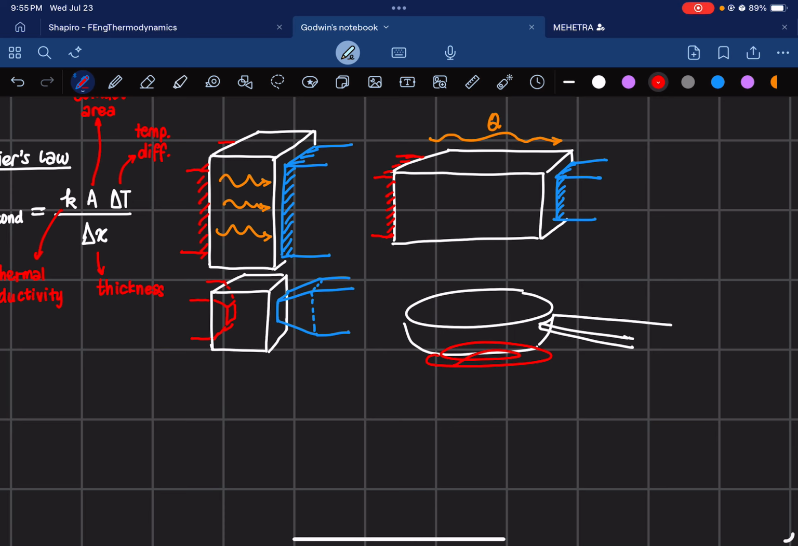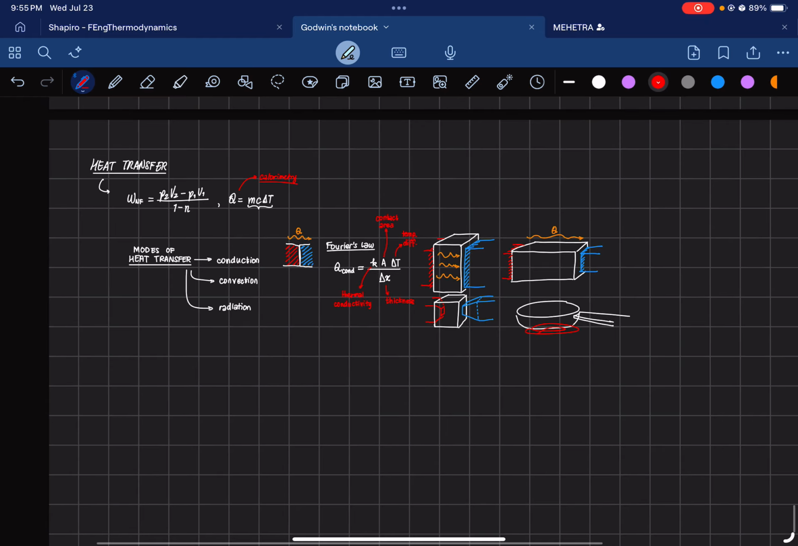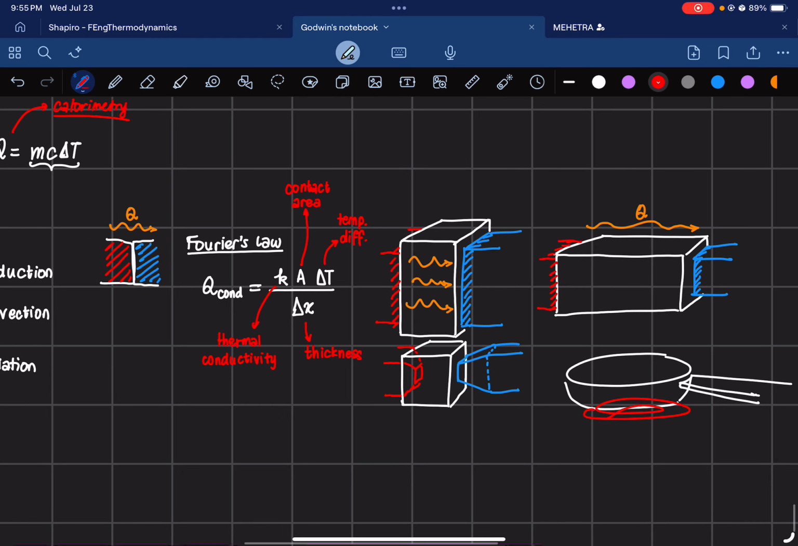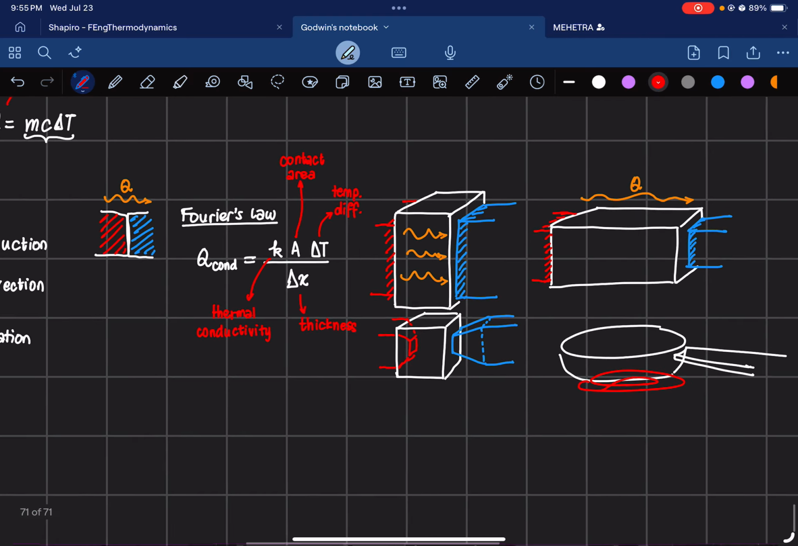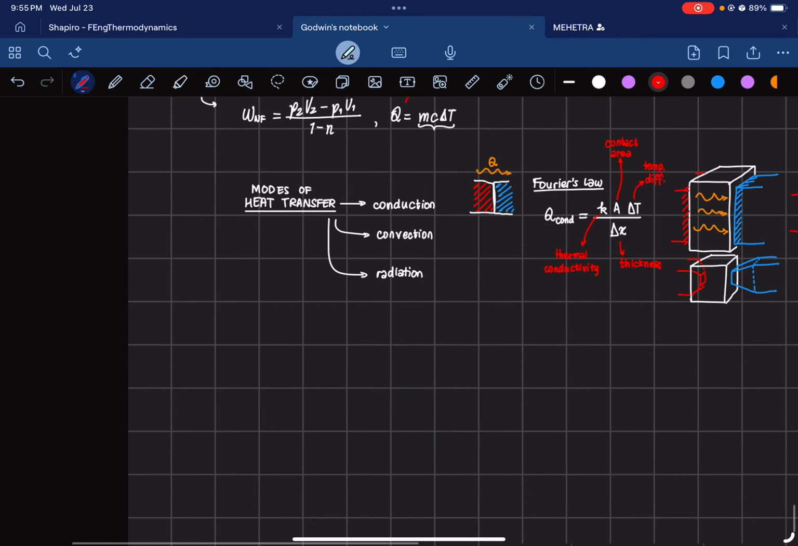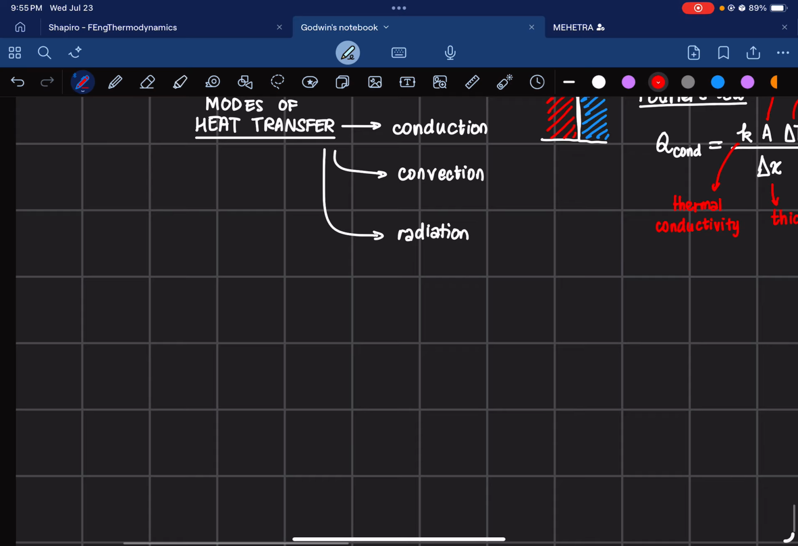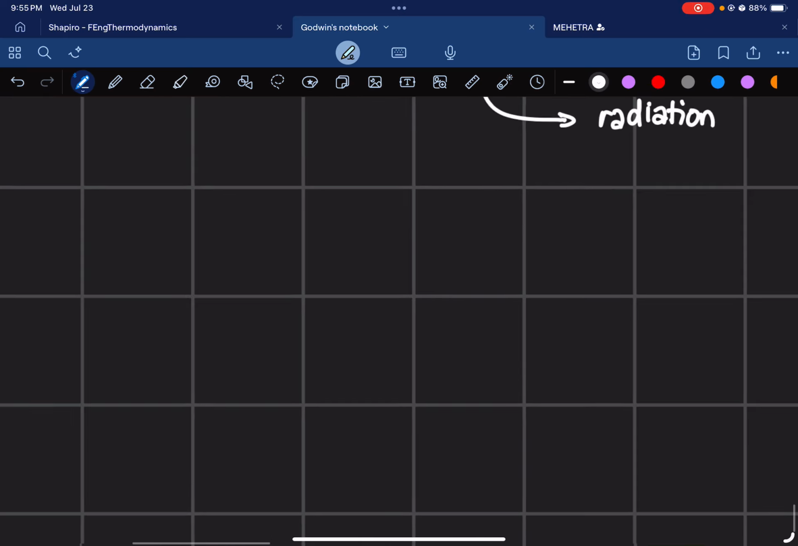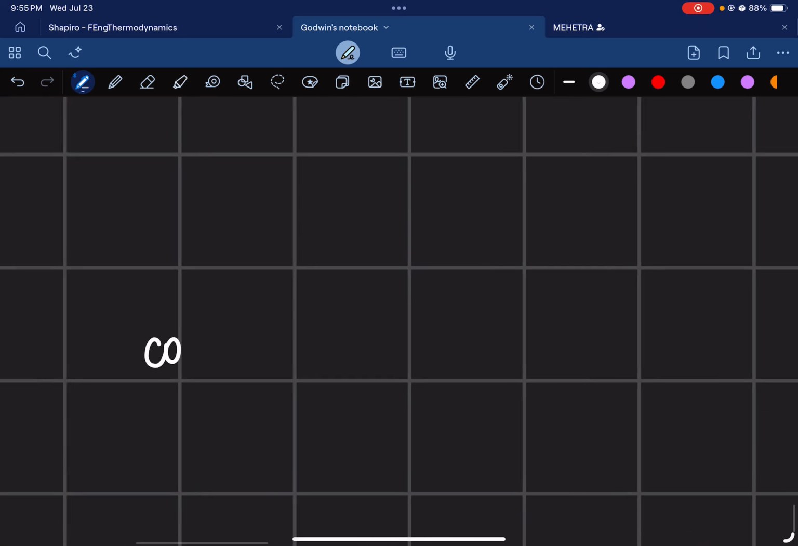Kaya mataas talaga by default ang magiging heat, right? Heat transferred via conduction kapag ganito. Okay? That is Fourier's law. Okay? So let's give that a quick summary in here. Right? Quick summary lang. For conduction, we have